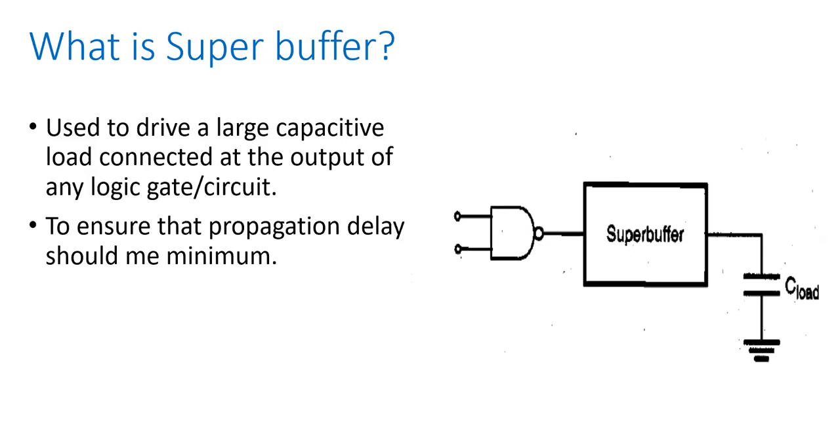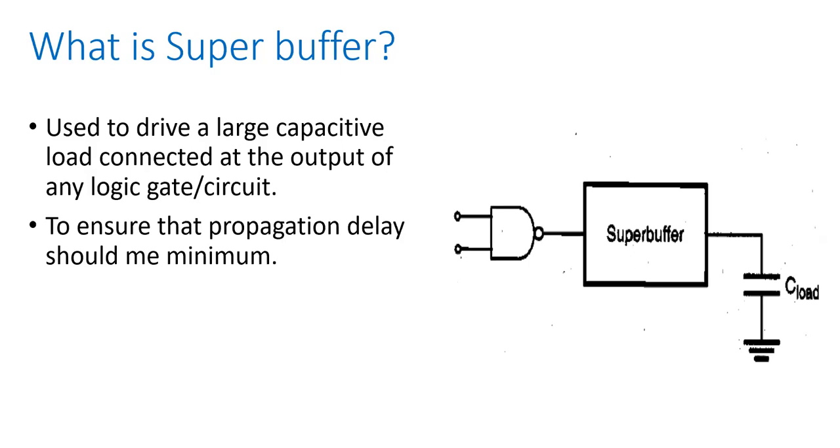Now if we increase W, the width of a transistor used in this logic gate, the current will increase. But when you increase W, at the same time the capacitance associated with the source, drain, etc. also increases. So what about the capacitance associated with this? Suppose the overlap capacitance is C OX into W into L. When you increase W, the value of all the capacitive components also increases. So the parasitic capacitance associated with the input and output of any logic gate also increases because ultimately the area W into L increases, since you are increasing the width W.